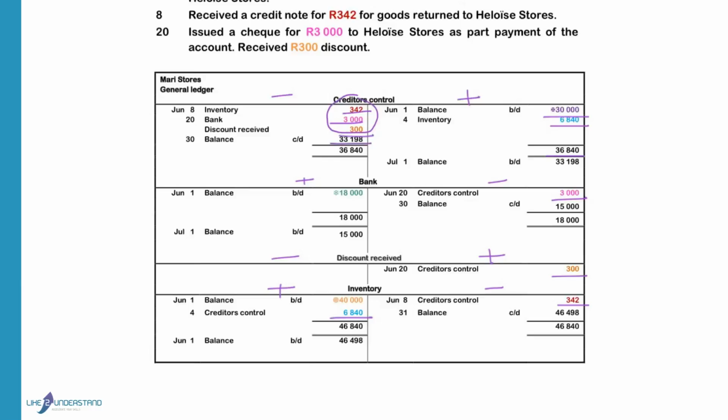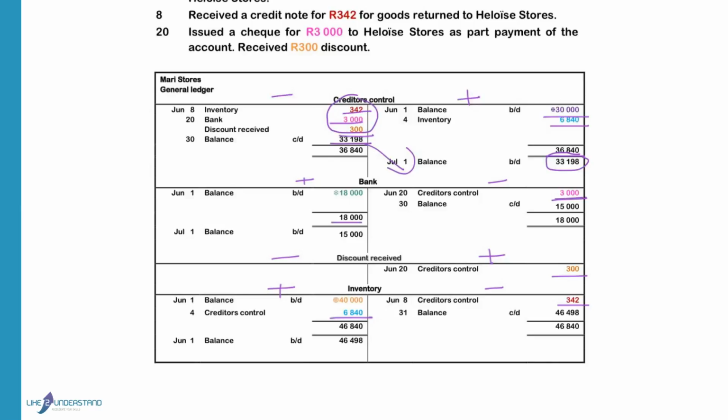This balance is carried down above the totals, and you will bring down the balance below the total so that in the next month, in July, we will start with an outstanding debt of 33,198. The bank on the debit side is bigger, so we will add up the debit side, subtract the amount